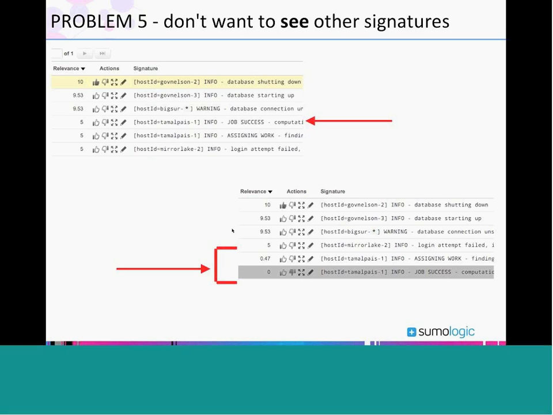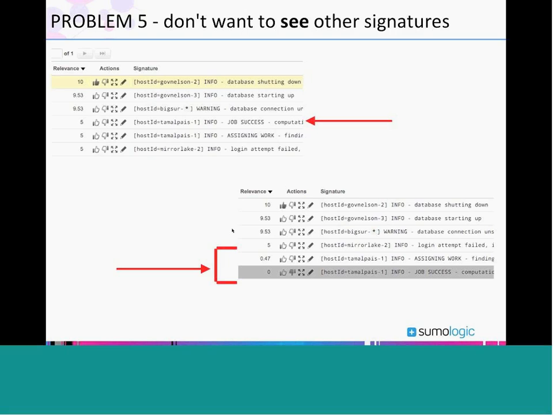It spans different layers of the infrastructure. So maybe, of course, you're interested in database, but you'd also still like to see signatures related to operating system issues or your software stack or something like that. So hard Boolean filtering in the query search language is not really as powerful or robust a tool as this